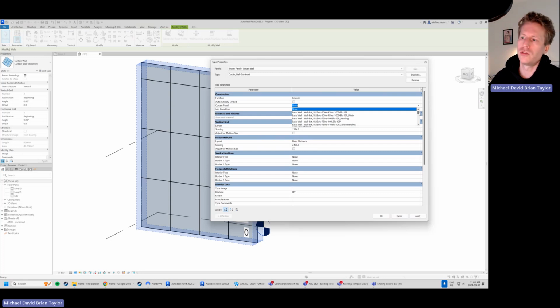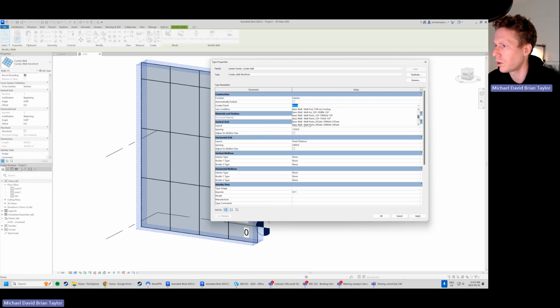This is a way to generate those panels across an entire building envelope. For us, we're just going to be worried about glazed panels or solid panels. That's it. I just want you to see when we do see this curtain panel here, really the ones that we're looking for are going to be all the way down here to system panel. I should also mention this got me very early on